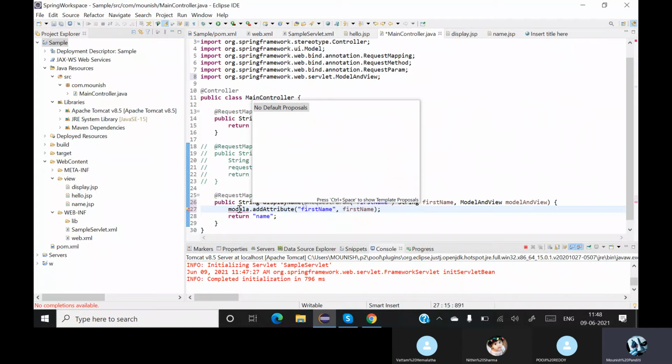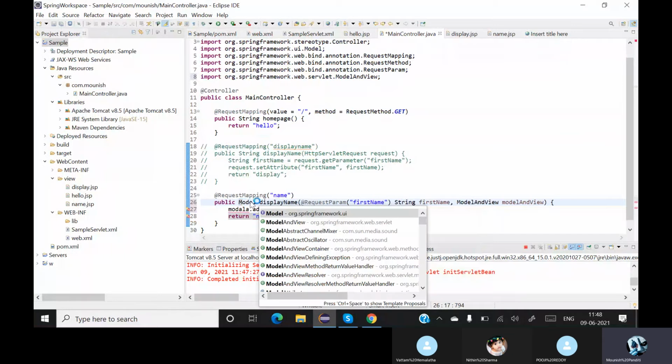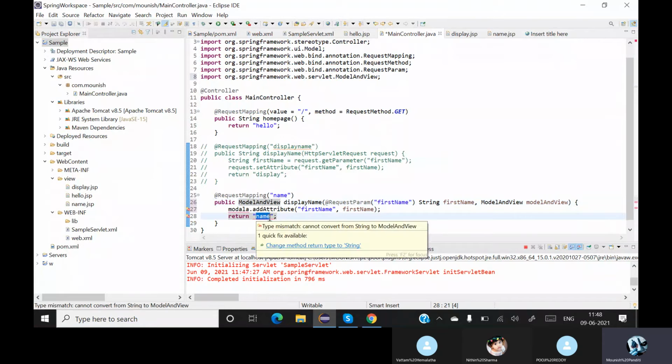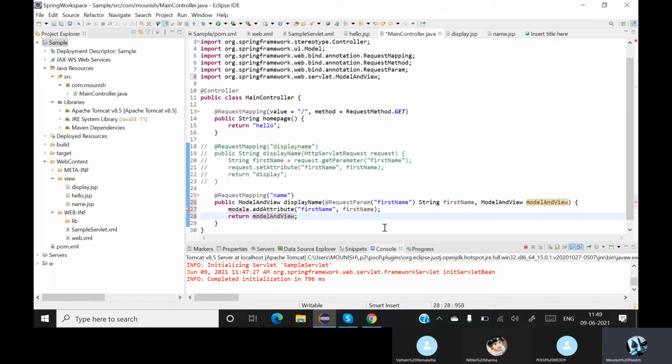First of all, the return type should also be model and view type. Here I am returning the model view type. Done.